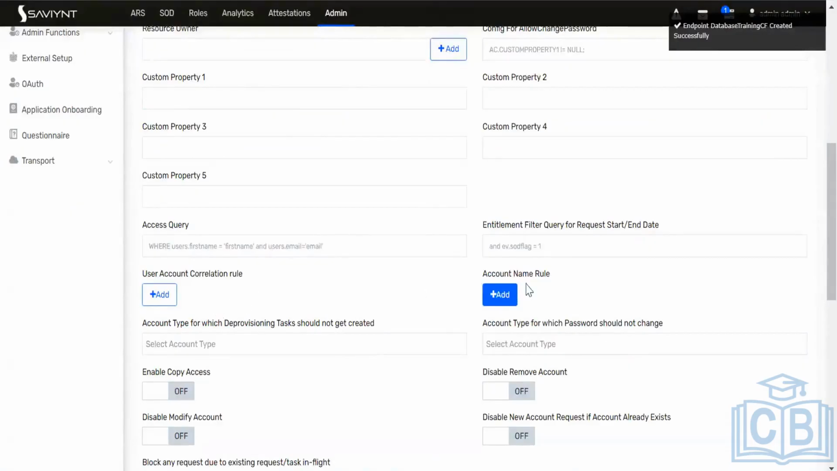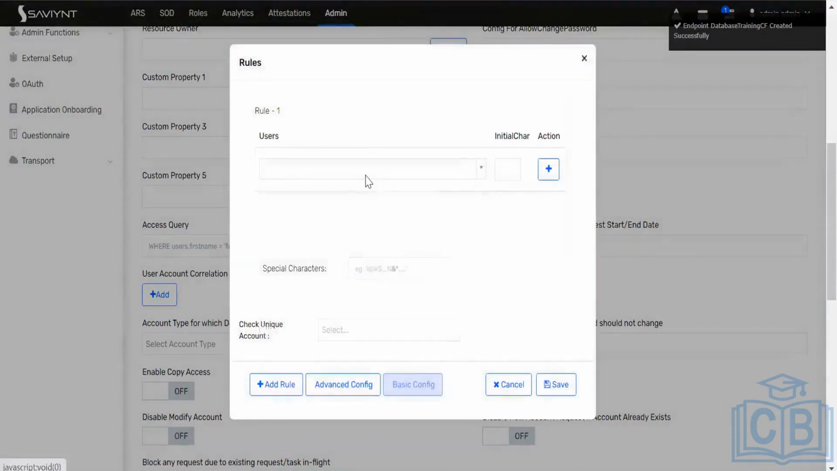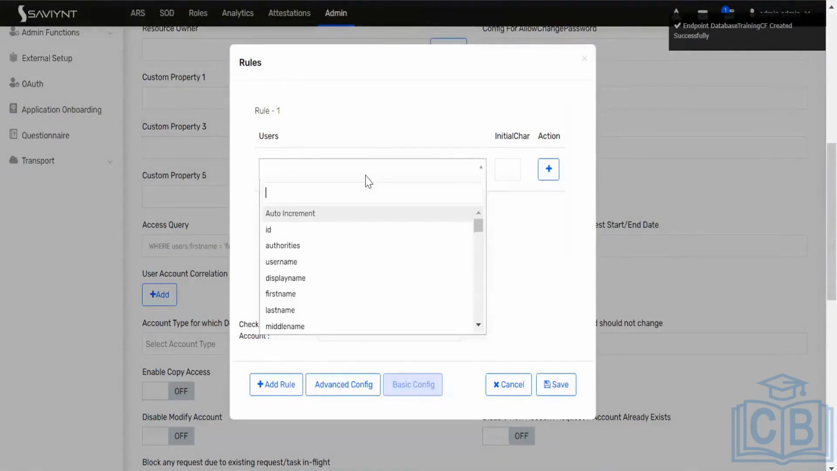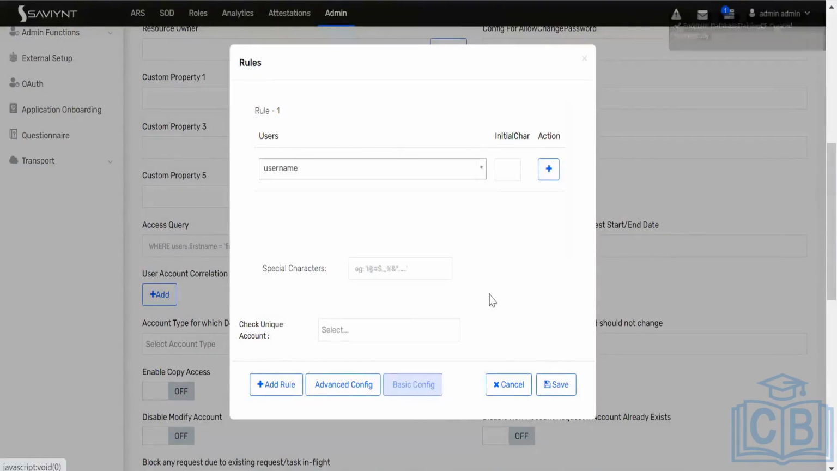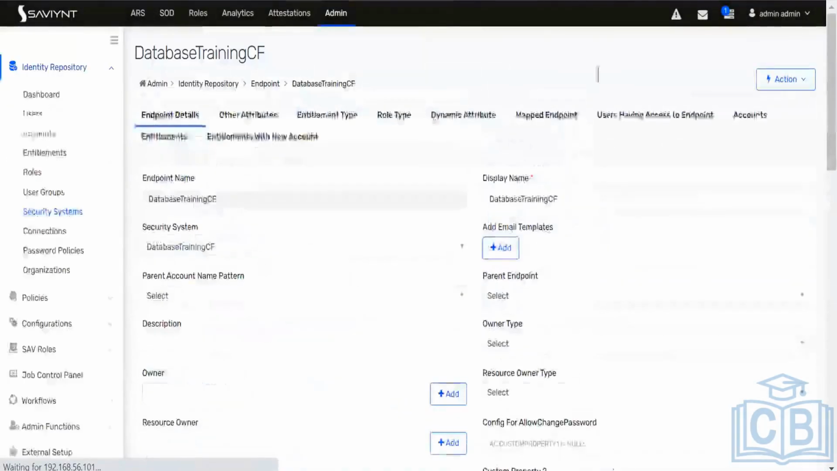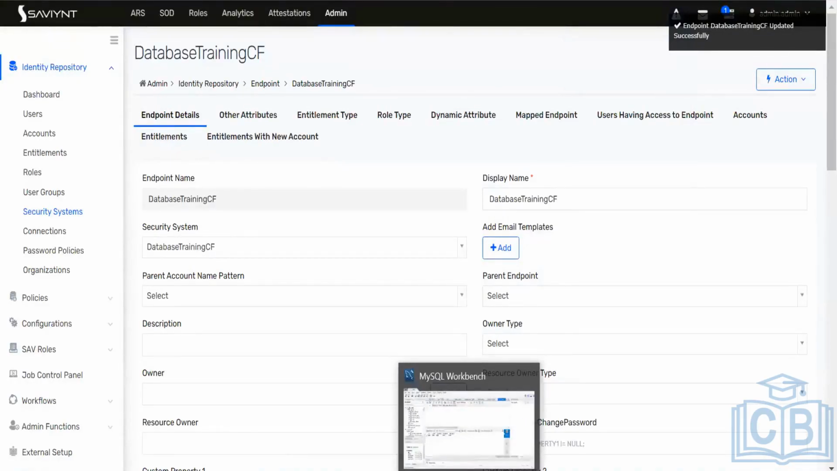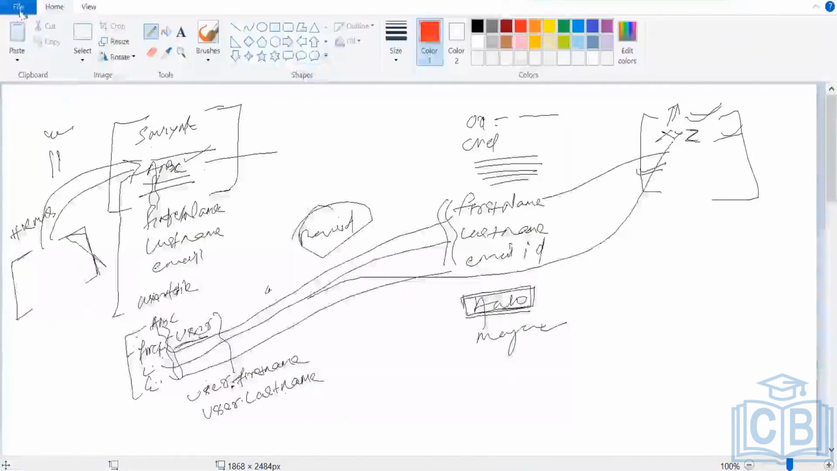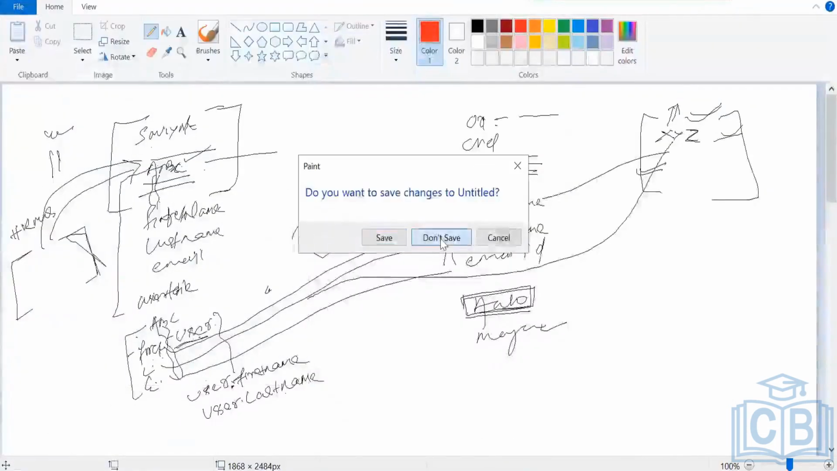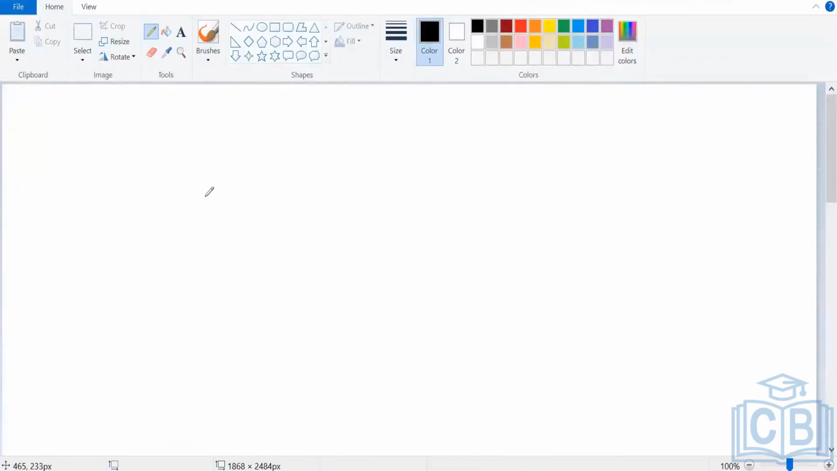I'm just giving you the account name rule. I'll explain what the account name is and why it is required. Basically, what is the meaning of this? What happened? It got hung. This account name rule means